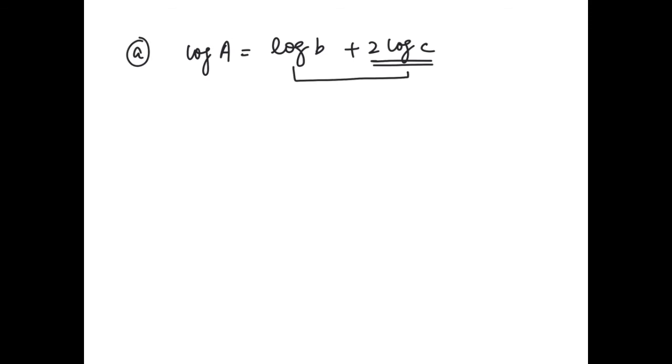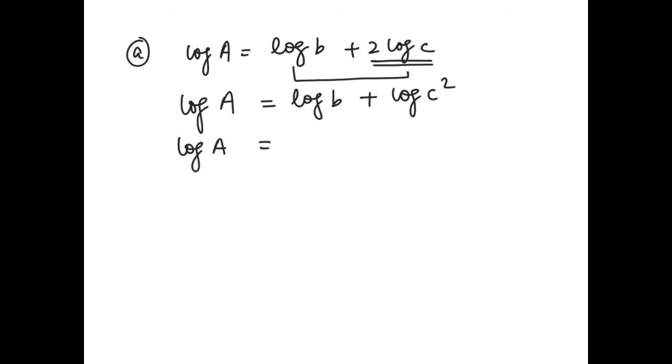Now let's do some questions, them without logarithms. Log a equals log b plus 2 log c. We know that we can apply the log rule, and then later we can apply it for all together. So it will be log b plus log c squared. Now we can apply another rule of log. It says log b c squared. Both sides having log cancel, so a will be b c squared.